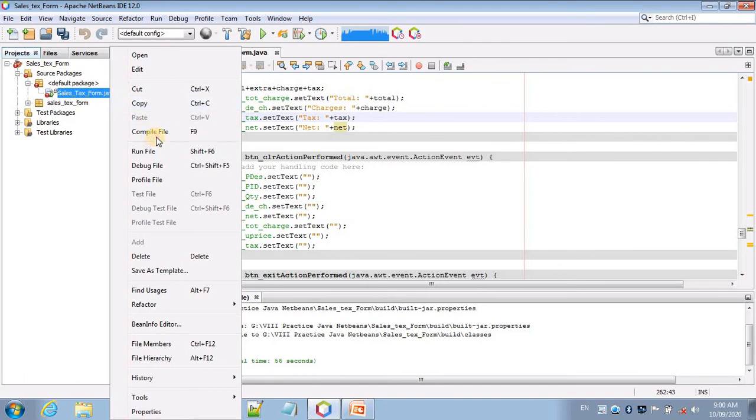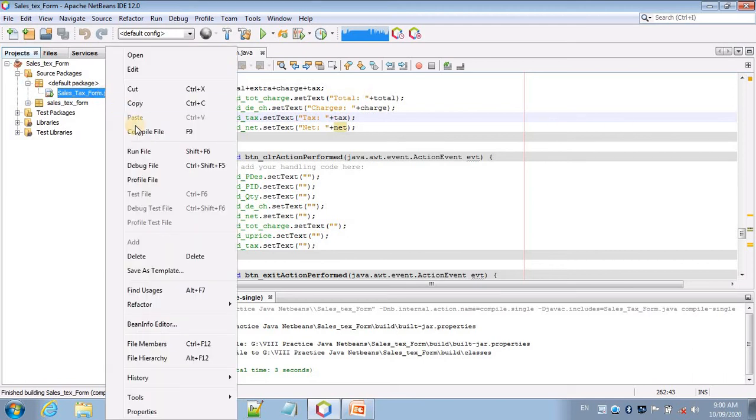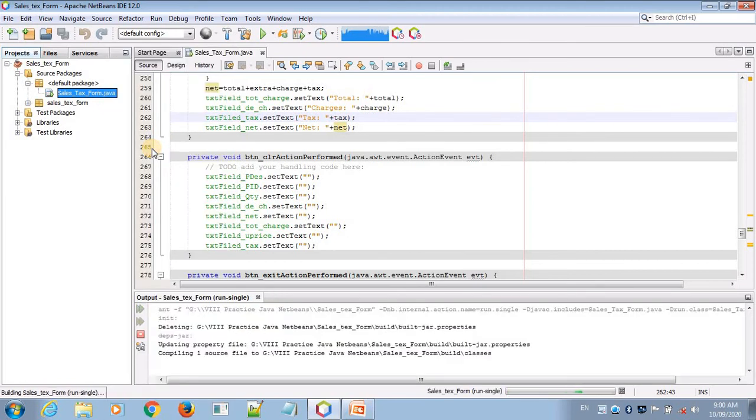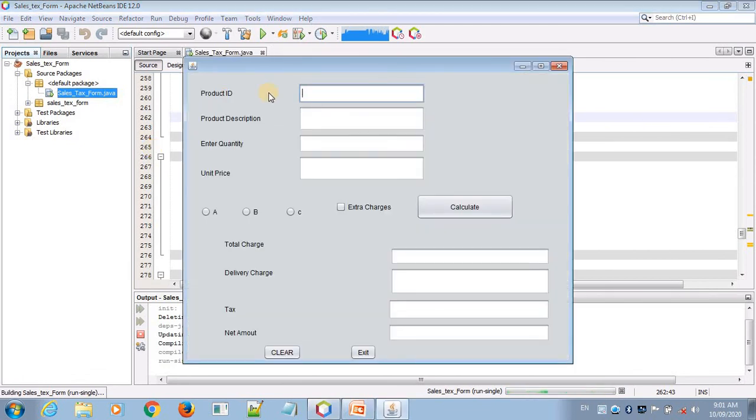First you compile, then run the form. So you have to give a product ID like 12, anything you like, and a description, what type of product it is, like soft.